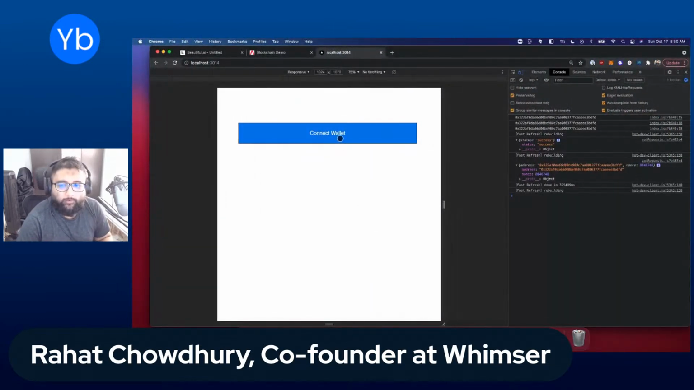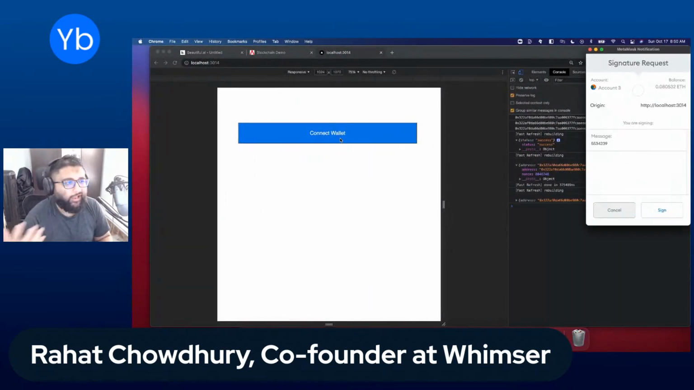So now when I hit connect wallet, I get another pop-up from MetaMask, and you'll see this message has a number which looks suspiciously like a nonce, right? We generated a nonce on the back end. It's now inside of this message inside of MetaMask, right? So if I hit sign,